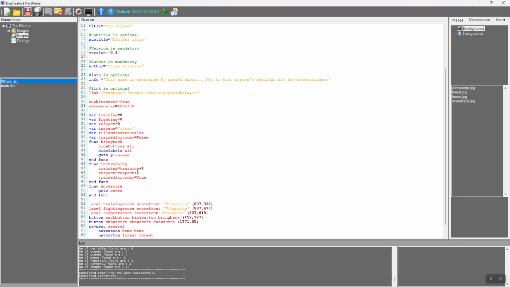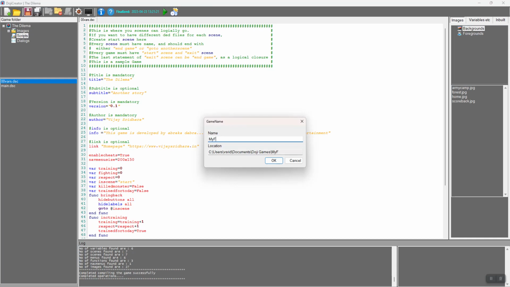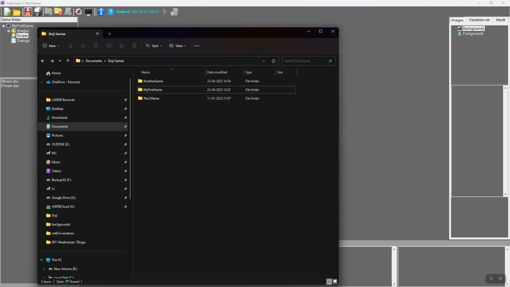So let's see how to begin with Doji. I will create a new game here. I will say my first game. So this is how it looks. The game is created in your documents folder, My Documents, Doji Games, and then this My First Game